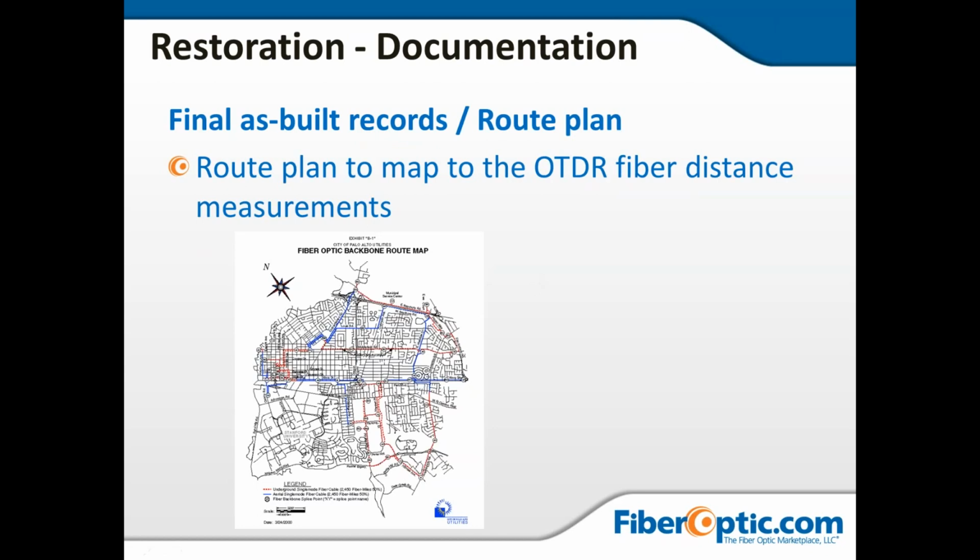In our documentation, we need to know, what are the final as-built, what are the route plans and maps. If I'm looking at an outage and I'm looking at some of this information below for the city of Palo Alto, well, if I'm shooting a fiber and it says it's 4 kilometers in distance to my break, well, I need to know, does that path go down straight 4 kilometers? Probably not. It probably goes down to 5th Street, makes a right, goes a little while, makes a left. It serpentines through an area that is not exactly